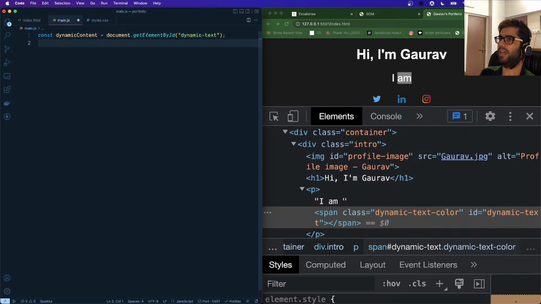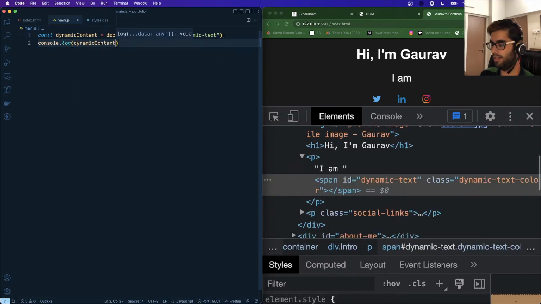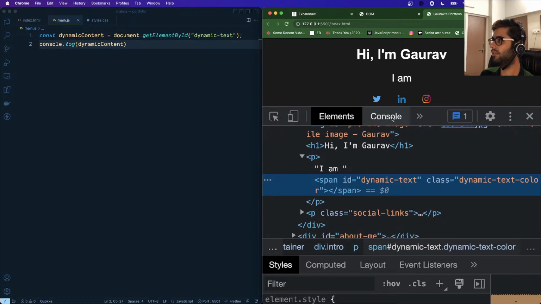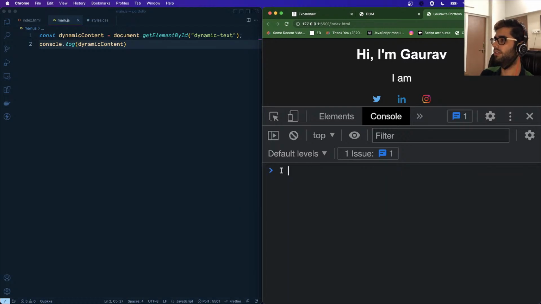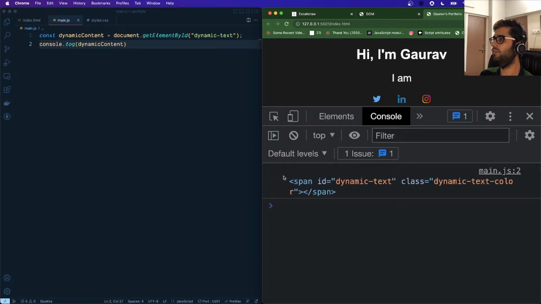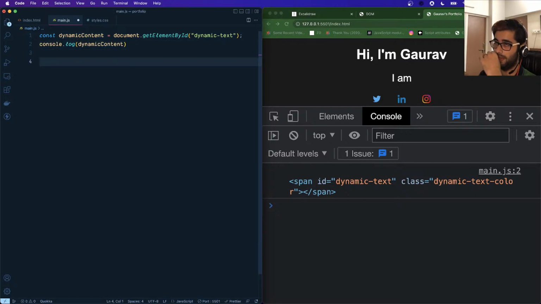And let's just check if we're getting the correct element. So we'll log it in the console, dynamic content, like this. If we examine the content, let me clear this. Okay, let's do a refresh. Yeah, so if I examine the logs, I can see that I'm getting access to this span. All right, so the next thing that we want to do is